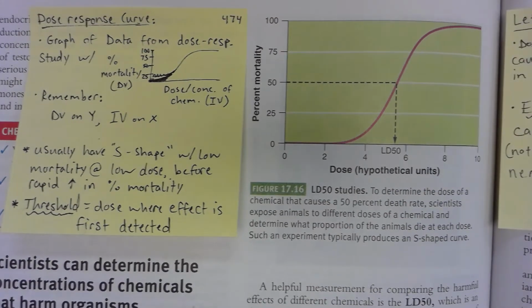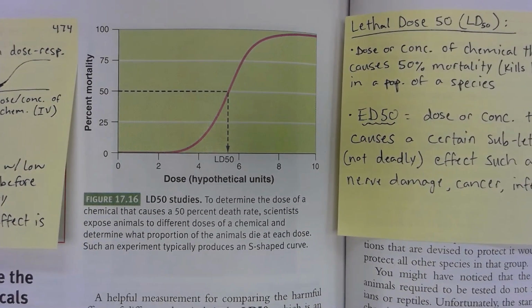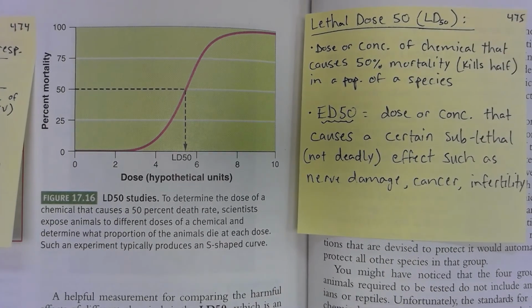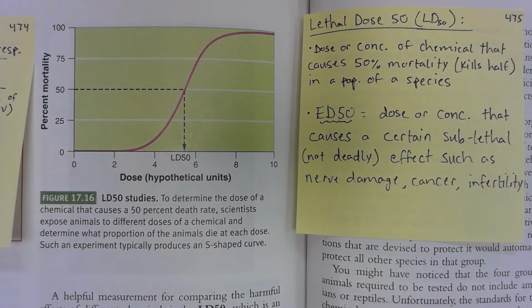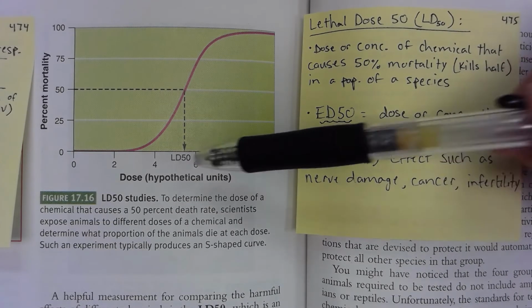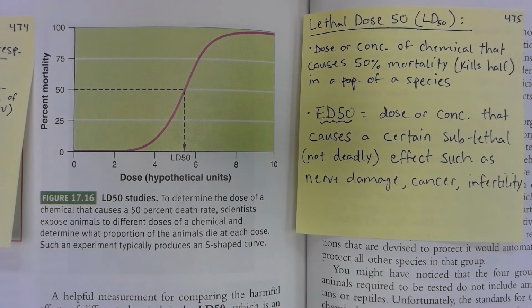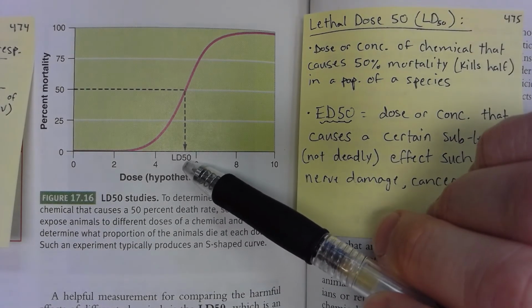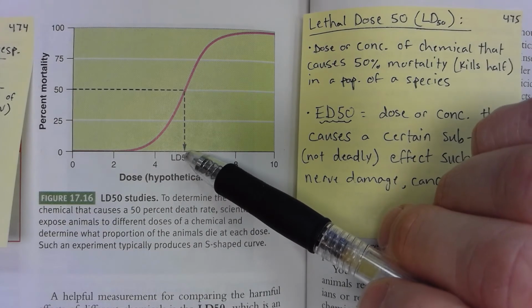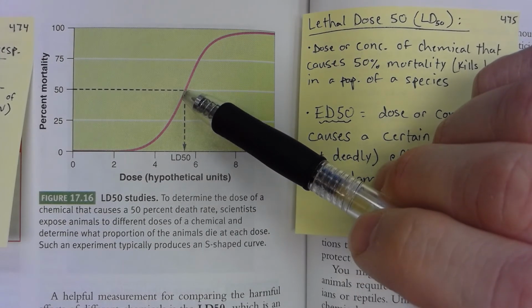What you'll notice here, and we'll just slide over a little bit, is this dotted line drawn in at the 50% mortality. And this measures the dose or concentration at which 50% of the population of this particular species are dying. Sometimes we call this 50% mortality. So in this case, it's maybe 5.5. So, the LD50 would fall somewhere between 4 and 6, probably close to 5.5, because that's where 50% of